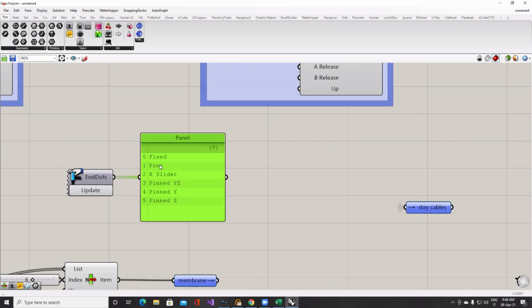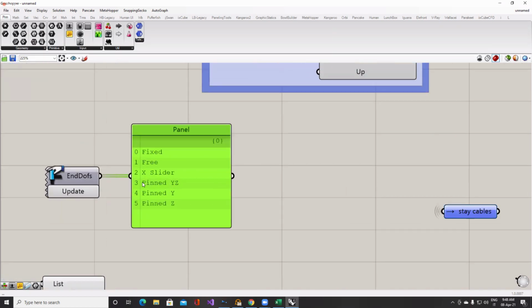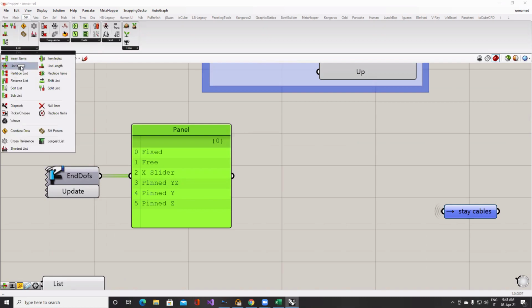And remember that the axis of the beam is the x-axis. I think you remember this from the past. The x-axis is the axis of the beam. And then we have the y and the z-axis, or the axes in the plane of the cross-section of the beam. So basically, what do we want? We want them to be pinned on the bottom. So pinned YZ is the release that we want. This means that the beam will be able to rotate around the local Y and the local Z axis for the first node. So we can reference this list item